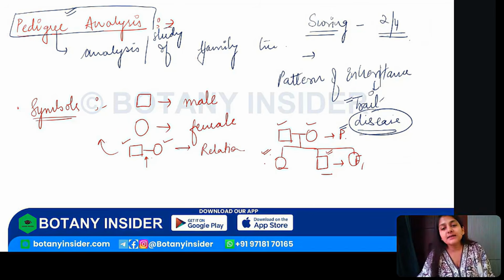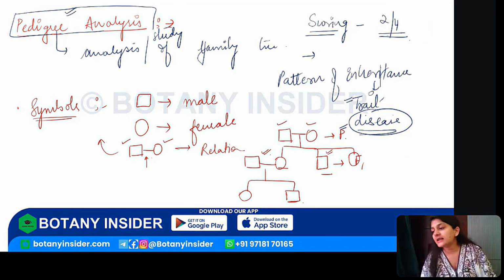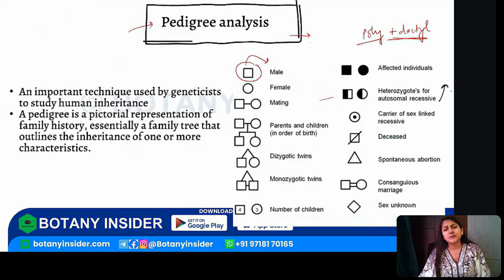Then followed by this generation, now she married another man and they had the next generation produced, with one daughter and one son, right? So this is how the entire pedigree is actually represented in very simple terms, right?